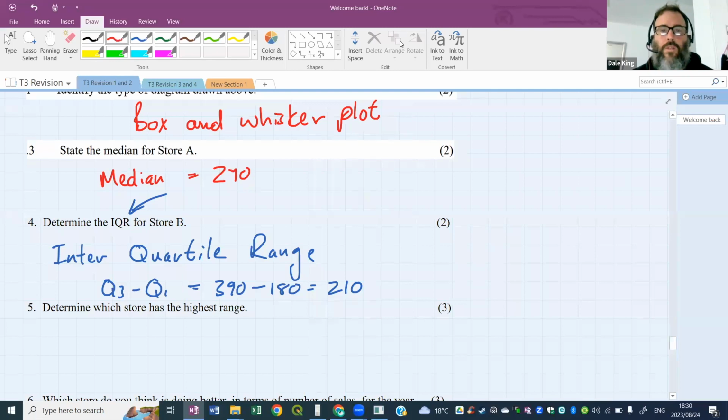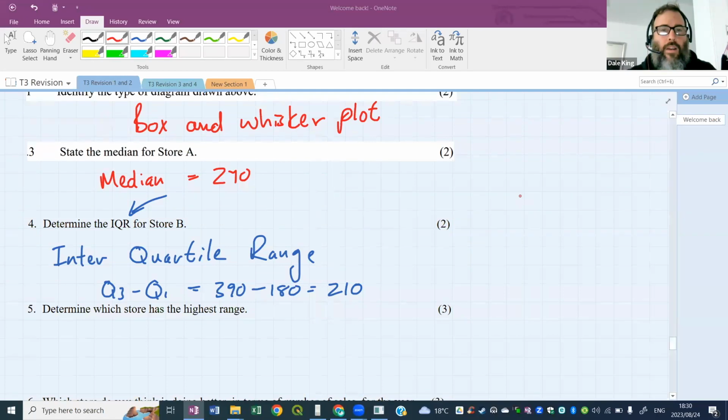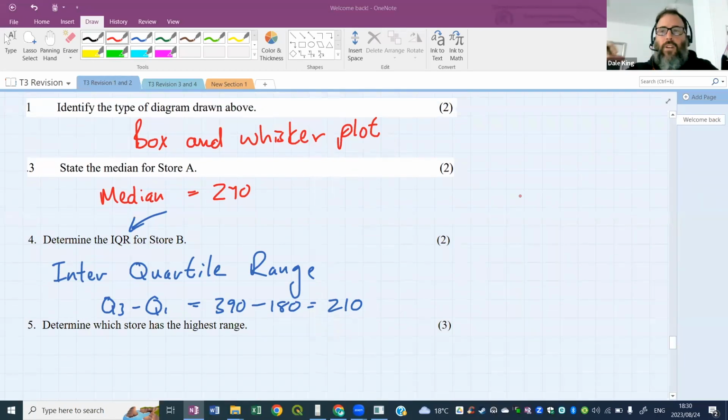Ben, thank you so much. Awesome. All right, ladies and gentlemen, you have to agree with me that if we hadn't done a little bit of an introduction here, reminding ourselves what measures of spread are, how to work them out, where they're used in a box and whisker plot, and what the different parts of a box and whisker plot are,